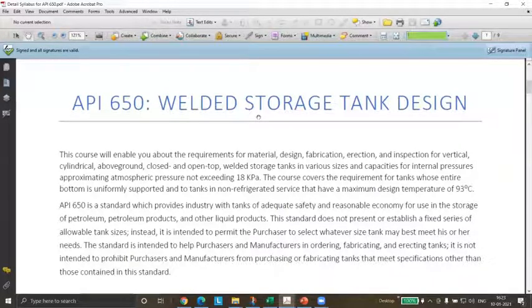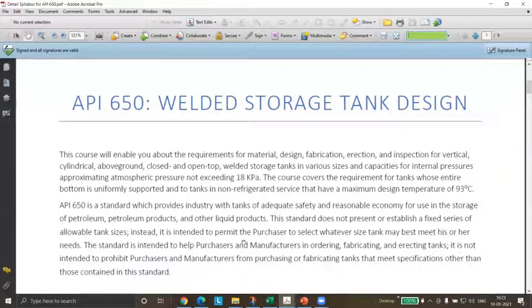Like if we are having crude, we are taking out crude and distillation is done, so there are separate products like petrol, kerosene, diesel. All these fluids can be stored in these storage tanks. So the purpose of these tanks is just to store that.